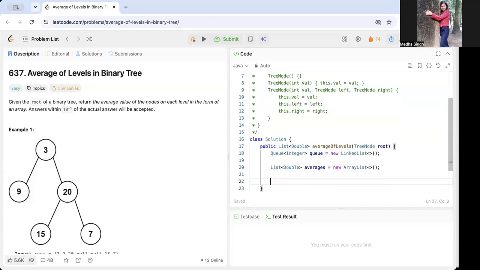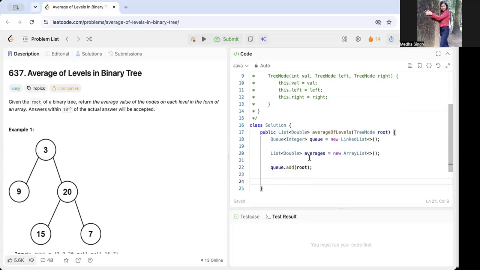What do we have to do? In BFS, we add root to the queue. So let's add it. Before that, we are going to process everything and return the averages list at the end. So let's have this line.